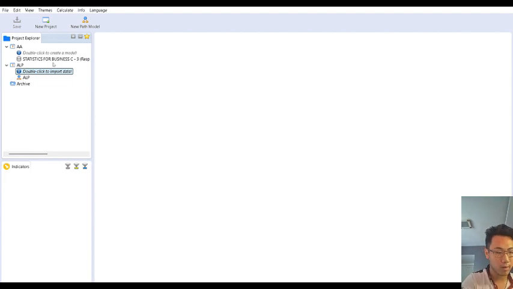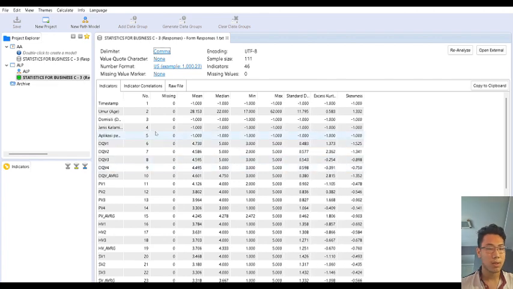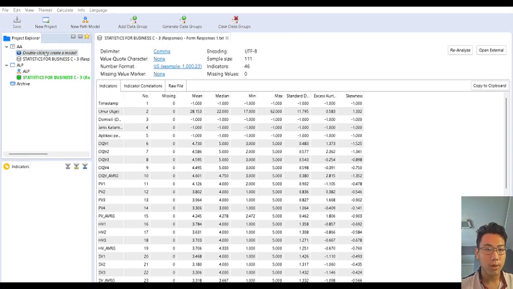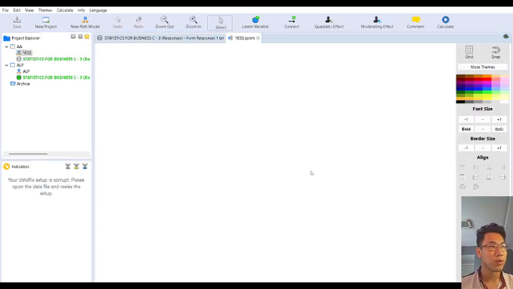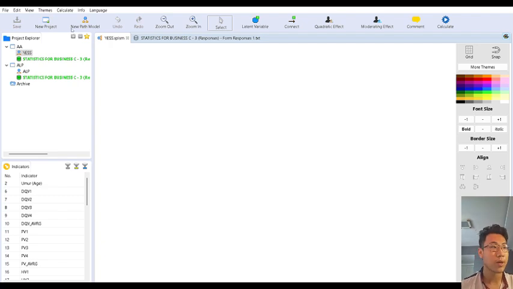You can name it anything you want. For example, I'm naming it like this. Here, you can double click to import your data. The data is the data you saved before as a CSV file, so double click and open it. You can name it anything you want, and okay. So this is the data shown for the survey, and what you're going to do next is double click this to make a model. You can name it anything.